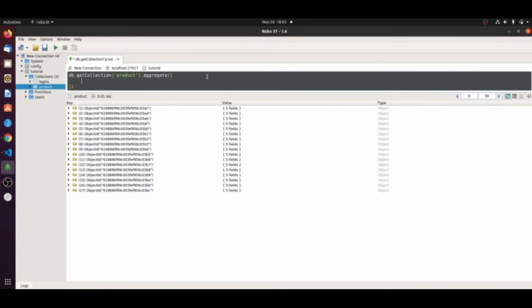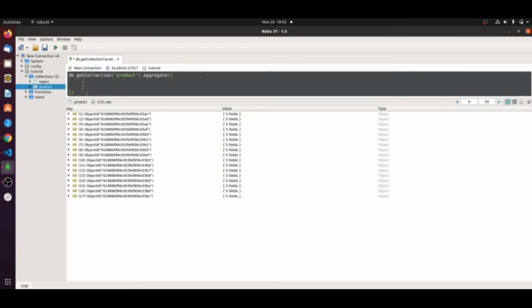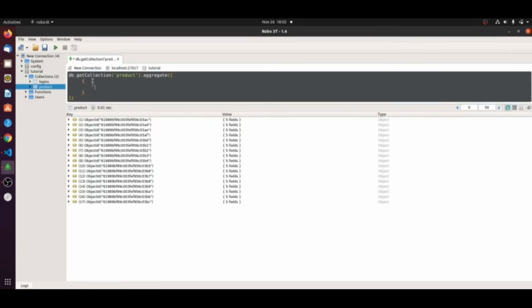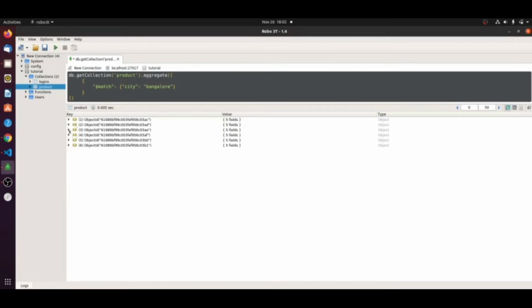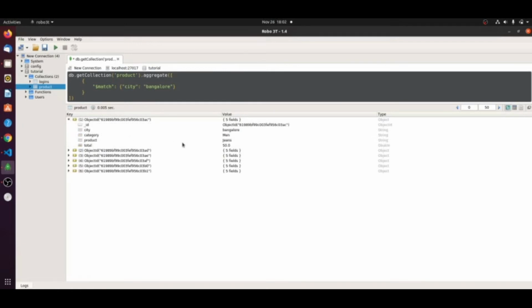Here you have to define one more stage with curly braces, match, let's say Bangalore. Let's run this query and see it. So there are 6 products available. It filtered all the products from Bangalore city only.